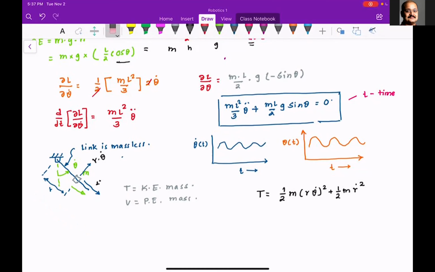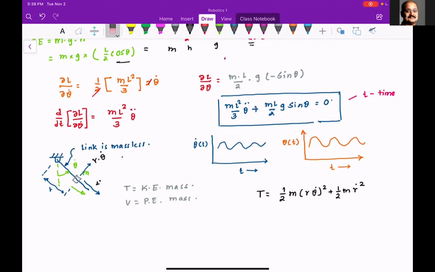Any other questions? Yeah, I will add mass later. Bear with me. Right now, I'm just considering a simple case because the link is massless. The mass, that blob, is located at the end. In the next case, I would add mass to the slender rod, but still this will be massless. In the next case, this will be a slender rod and there would be a piston that would be sliding out. Everyone understood? Okay, good. That way I can modify the code and finally we can get the same answer.